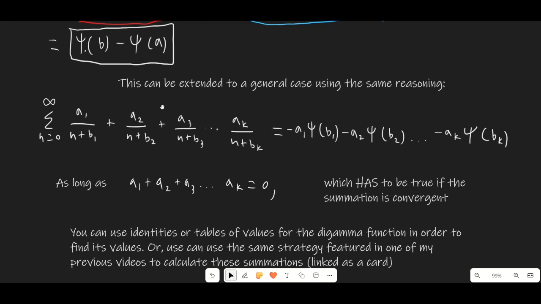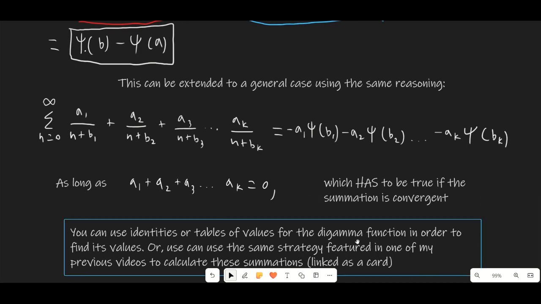So that means that we can represent almost any rational summation as a sum of digamma functions. The only time we're not going to be able to do that is if we have some squared term, for example n plus b_3 squared. That cannot be represented in terms of the digamma function. You can use identities or tables of values for the digamma function in order to find its values, or you can use the same strategy,